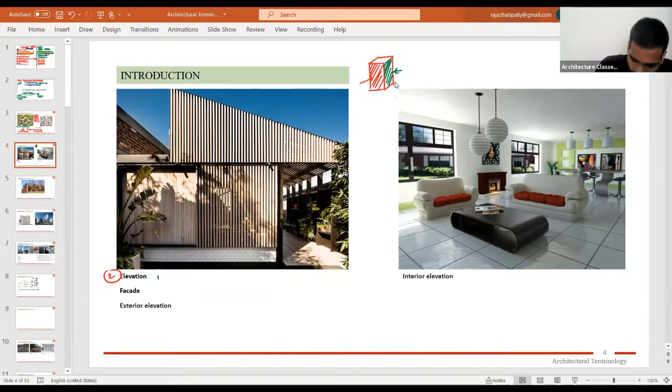Elevation talks about front, rear, that is back, front, back, and side views. Top view is called as plan. Front, rear, or side view is called as elevation. Now, within elevation, again, you have two types. You can show exterior elevation, exterior